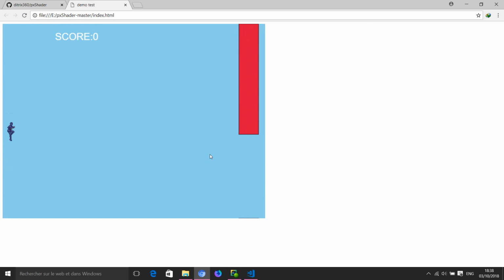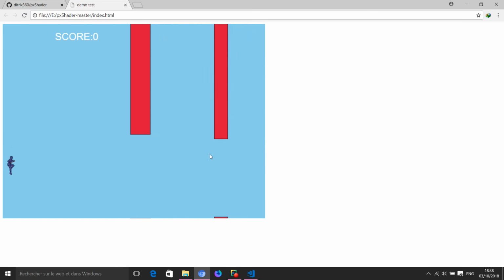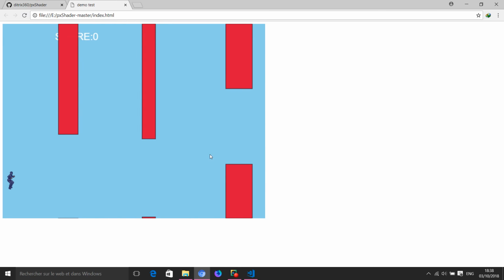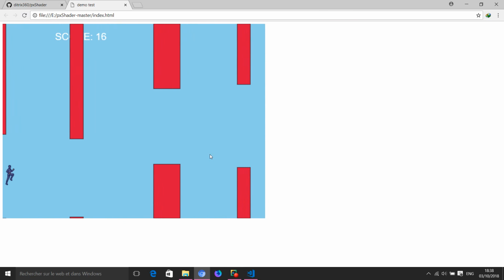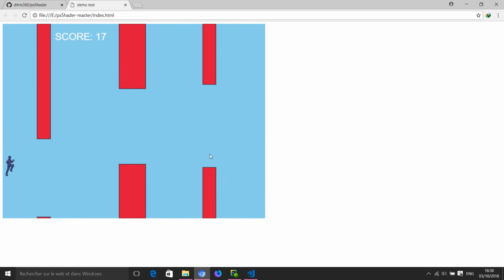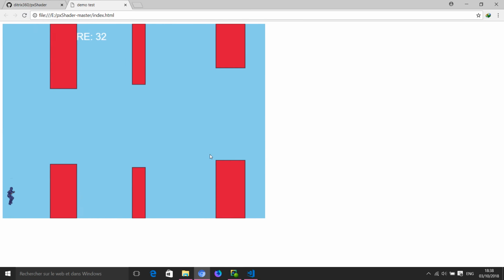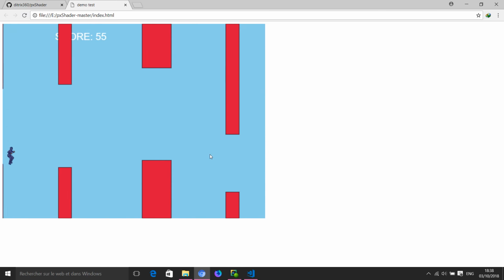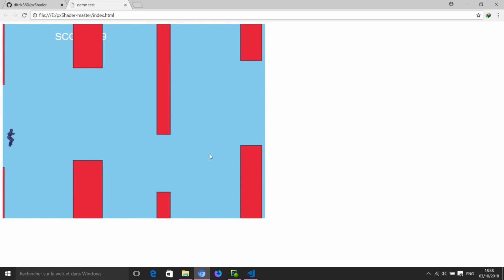Let's refresh the page, and you can see you have a simple game that is made with the library. It's just like Flappy Bird, but it's actually a ninja that is jumping. The worst thing about this is that I'm not really good at this game. Even though I'm the one that created it, I created the engine and all, I'm not really good at that. So you can see the score keeps on increasing, and oh god, I think that's my highest score in this game since I ever started playing.